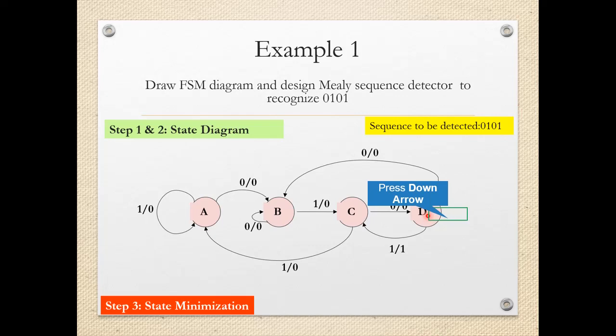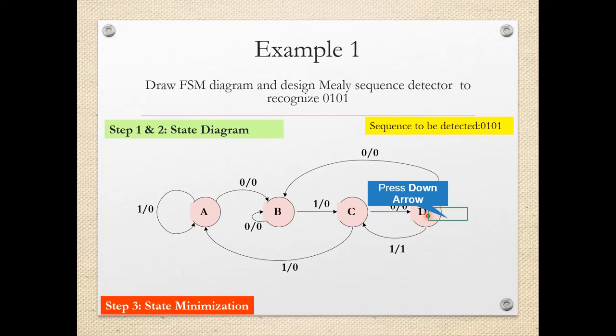Now why C? Because now we have obtained 0 1 0 1, and here the next correct sequence may be 0 1 0 1 after this. So the first two bits of the next correct sequence are already obtained, because you can see this sequence is repetitive. It is 0 1 0 1 0 1. So after this again 0 1 may come, and that also we can check. So first two bits till this stage are already obtained, 0 1. So now we have to check for the third bit. So go into the state C.